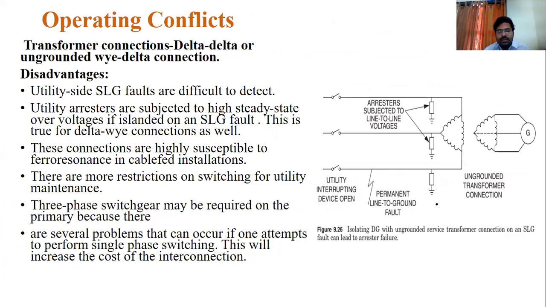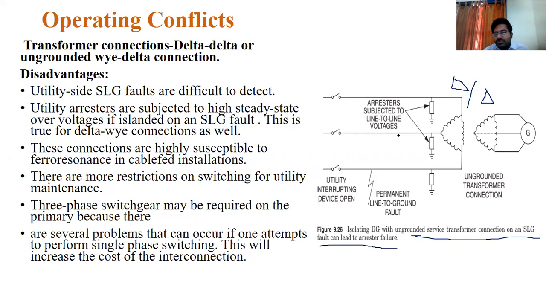Now see this while we are discussing this one. This is the delta to delta. In this diagram, they give the delta to delta connection. So here, yes, delta to delta connection. This is the primary side, and this is the secondary side. Now this diagram will indicate that islanding DG with the neutral ungrounded service transformer connection on a single line to ground fault can lead to